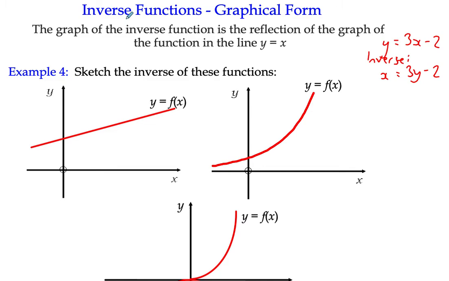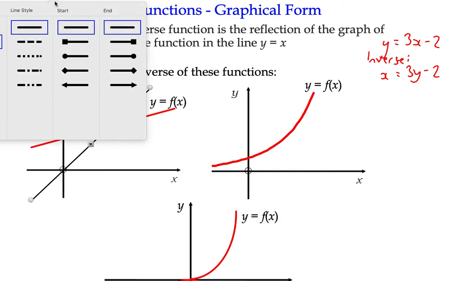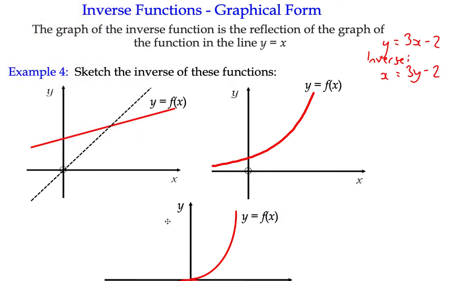So if you have a think about what that would mean, here the line y equals x is a very fixed line. It's a line with gradient 1, or 45 degrees, that goes along like that. So if I were to take that line, I'll make it a dotted line. And if I were to take this straight line here, which I don't know the actual equation, y equals f of x, if I were to reflect it in the line y equals x,